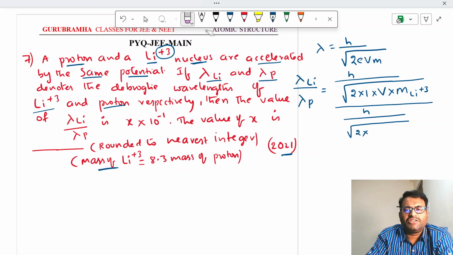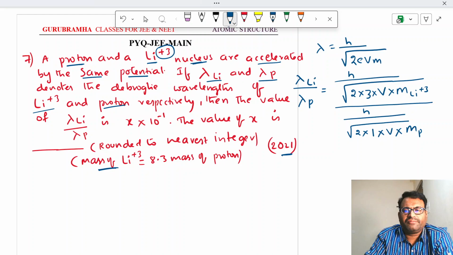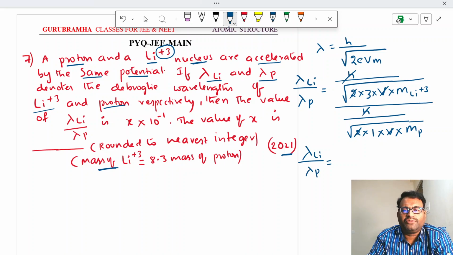The charge will be 3, right? Li plus 3, no? So 3. Here it is proton, right? Proton is 1 into V into mass of proton. So these two get cancelled. V also gets cancelled. So lambda Li by lambda proton is equal to,